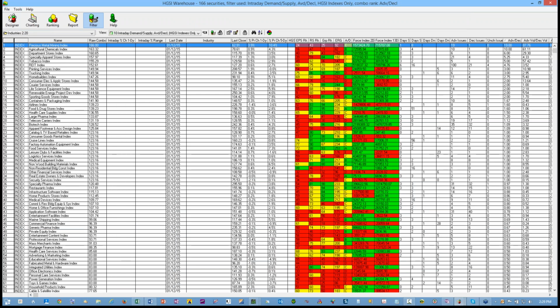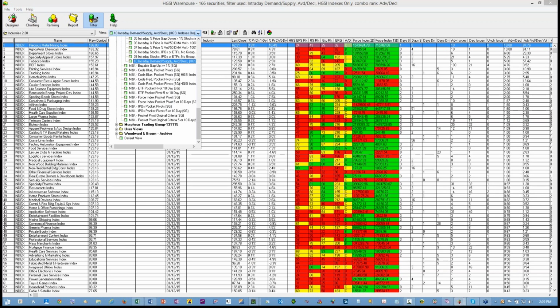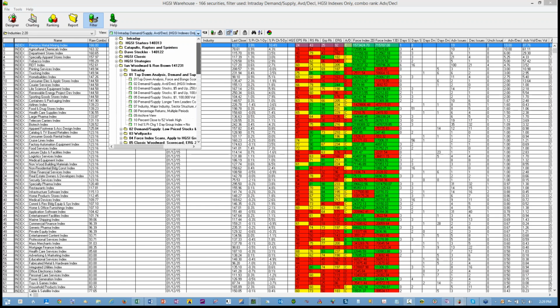So you can do this also with the major groups. I just like to do it with all of the groups, but it's extremely powerful to see what's going on with the market. You can do the spectrum analyzer. That'll give you a visual. If you want to get down inside of these indexes, you do this. Okay, now let's go back to